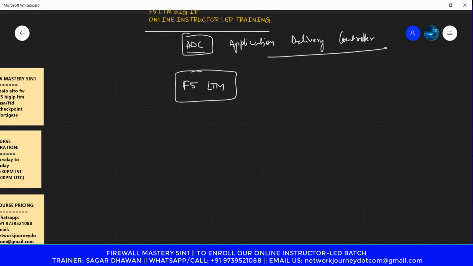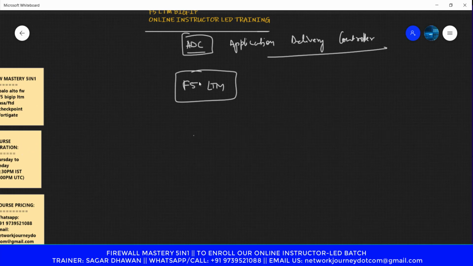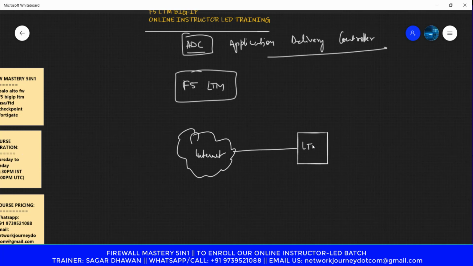The reason is, as we all know, the F5 load balancer is gonna handle the traffic coming from the application layers, right? Or the layer 7 application. So let's say this is my internet and I have my LTM kept here, which is connected to the different servers.